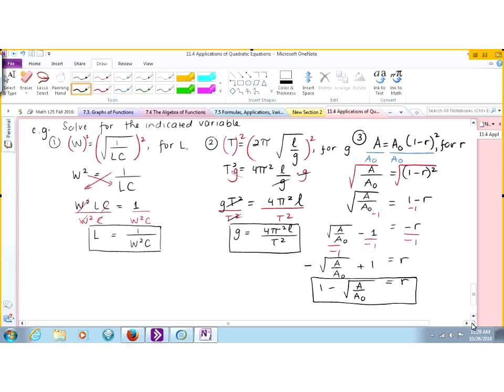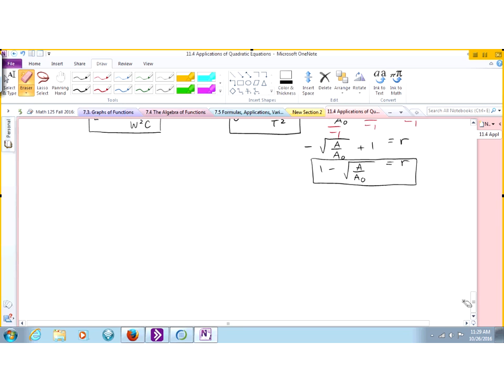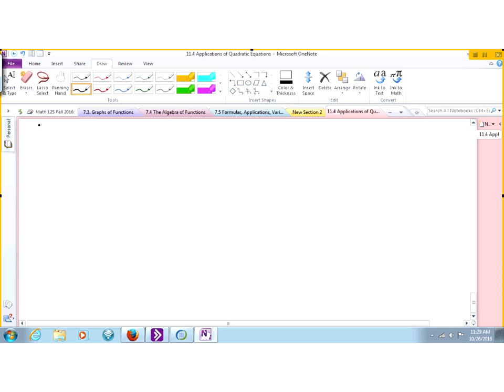Now, what was number 4? I think this one is a little bit difficult. So when do you not have to use plus or minus? Here I didn't do plus or minus, you see? When you have formulas, because everything is positive. Like gravity is positive, length is positive, period is positive, L is positive, C is positive. So we don't do plus or minus when we have formulas. Yeah? Good.